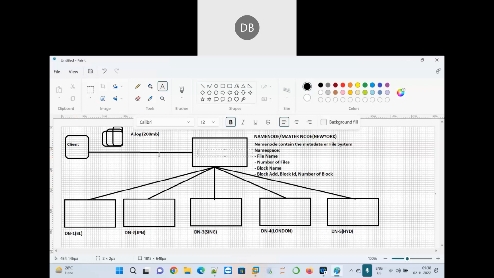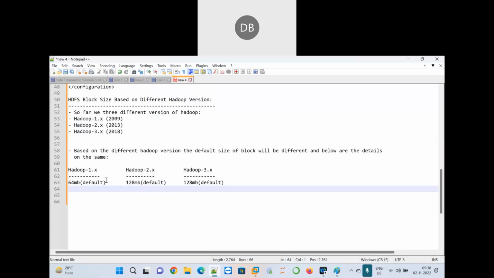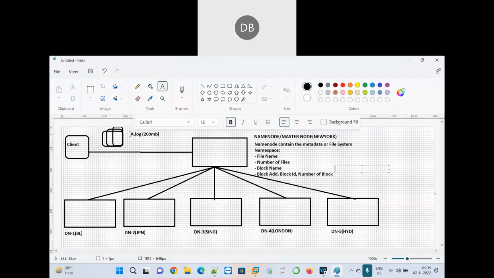That's why in the HDFS file system, the default block size given when you install Hadoop 1.x is 64 MB, but if you are using Hadoop 2.x and 3.x, it is 128 MB. So whenever the data size increases, my estimated project data is almost, suppose, 500 GB, 500 TB or